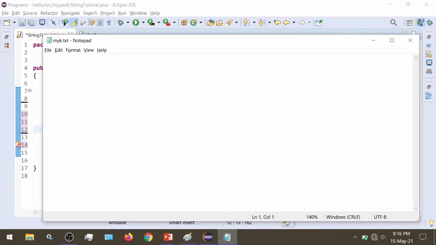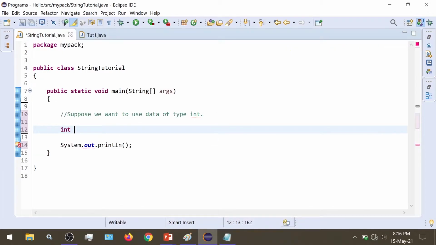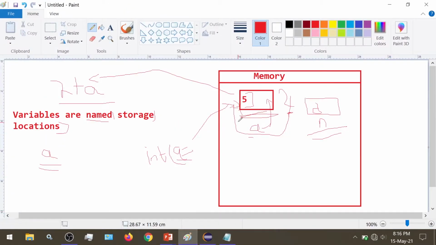Let me write down the steps. First we declare the type of data we want to use. Then the second step is we give the name that we want to give to the storage location.